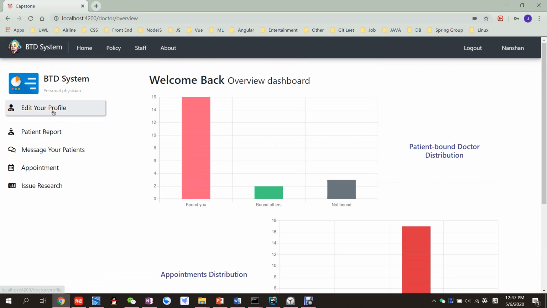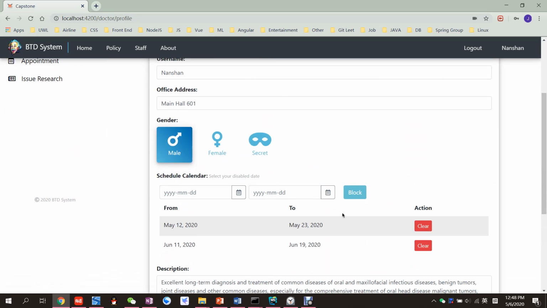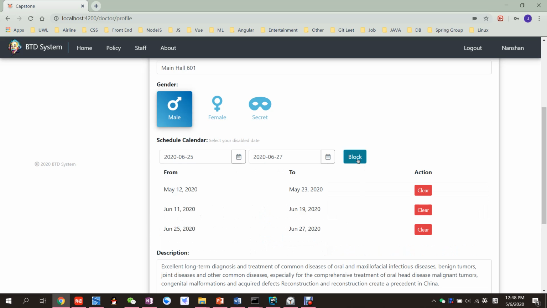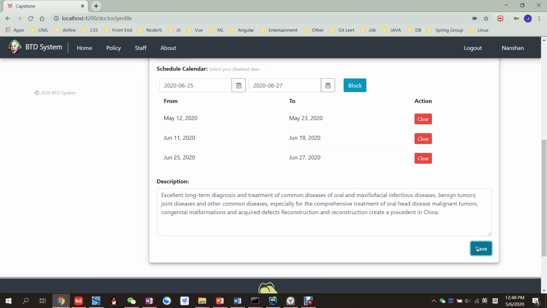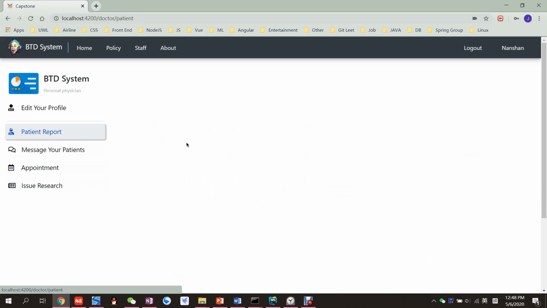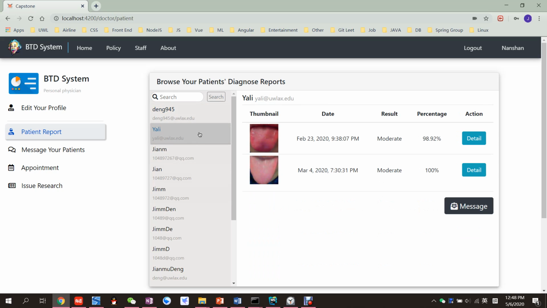Okay. The doctor can edit their profile here. They can select the data which they would like to block, and you click save, and the change will be saved. And we also can browse all the patients